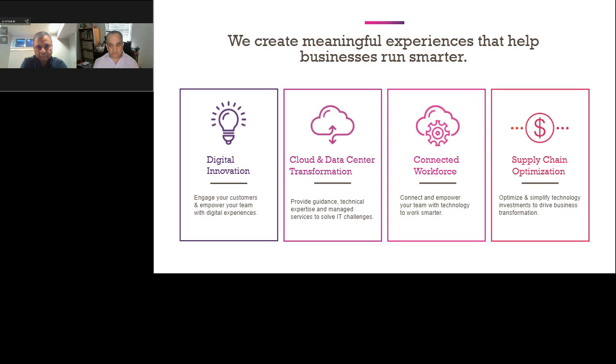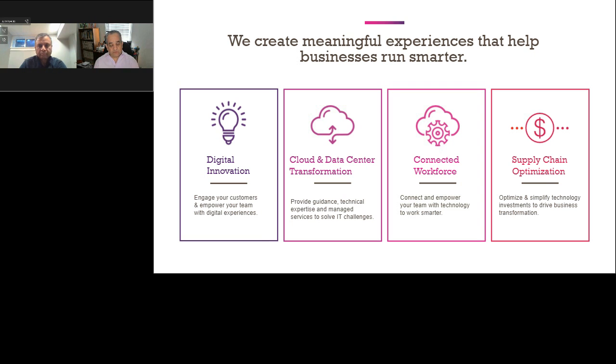And the way we've done that is by organizing ourselves into what should be transparent to you as the client, but underneath the covers gives us the ability to be very nimble and adapt to a lot of technologies. So we have a team called Digital Innovation, which is where Sandeep sits, and this is our developer folks. These are the folks that really truly understand how to take a business requirement and very rapidly drive a transformation journey through that. As a substrate to that is the Cloud and Data Center Transformation team. What we do is we make sure that the platforms that are needed in order to support the digital transformation are enabled for the digital innovation teams and the clients moving forward.